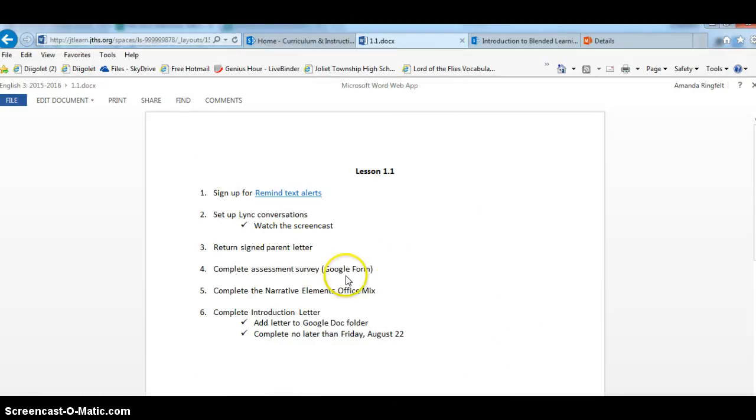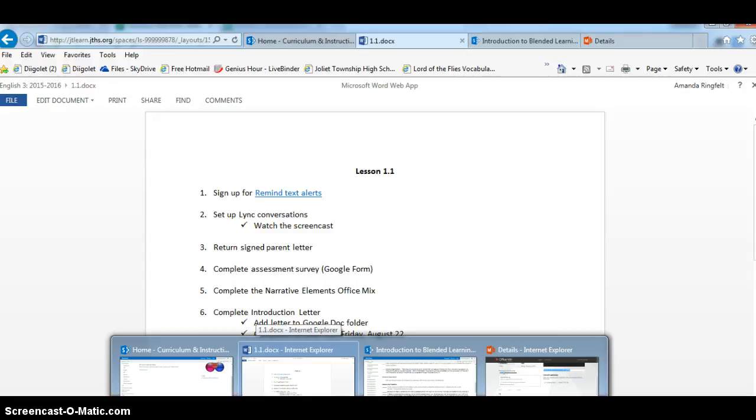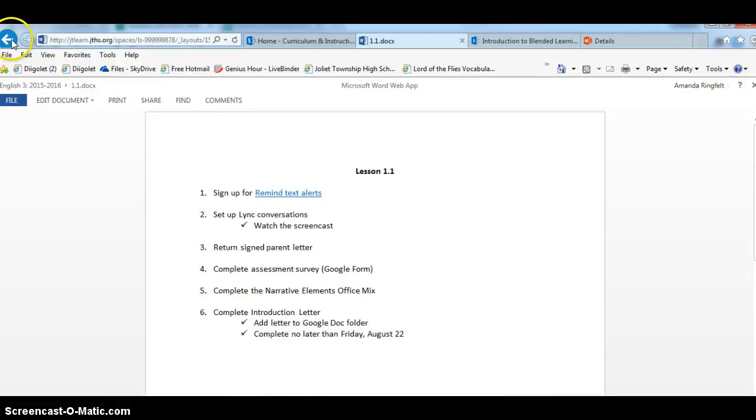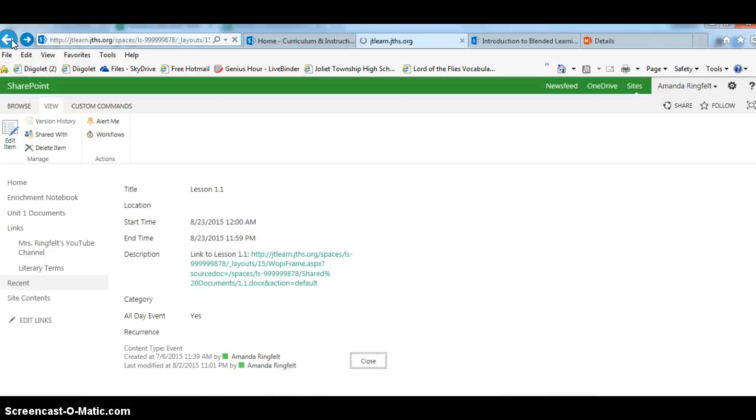Going back then to this lesson 1.1, the other formative assessment for this week is for them to complete an introduction letter. I write a letter to my students introducing myself to them, and their first major writing assignment is to write one back. I use this letter as a writing diagnostic. Then after I have a chance to read the letter and provide feedback,